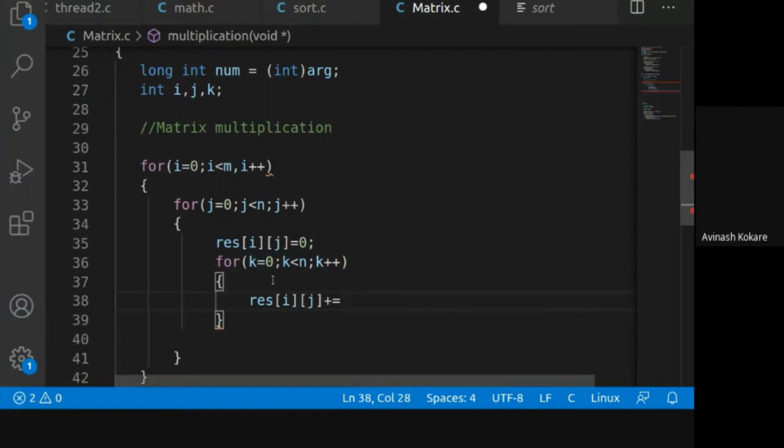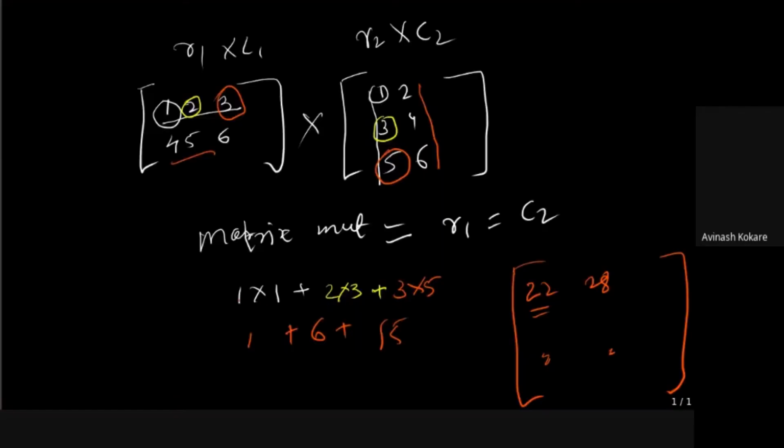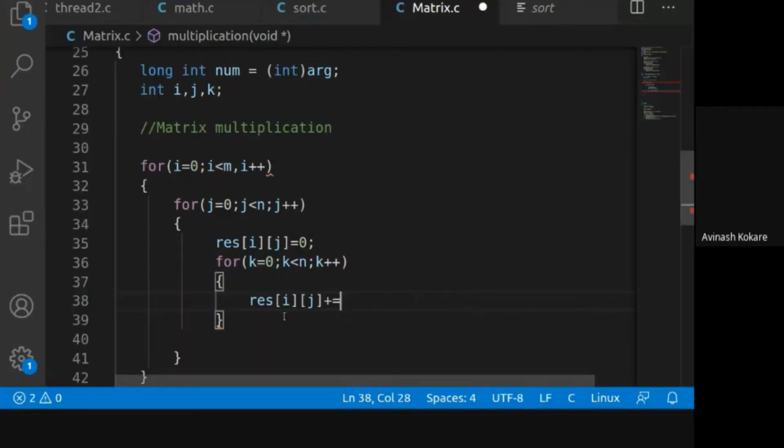So what we have to do here is write result of ij plus. Result of ij means this term we are adding in this term. Initially we are declaring this term as 0, so let us declare the result as 0. Then we will add this result with 1 into 1, then with 2 into 3. So next time the result will be 7. Next time this 15 will be added with 7, so it will be 22. So you keep adding the multiplication, and that's why we have written plus equals to here.